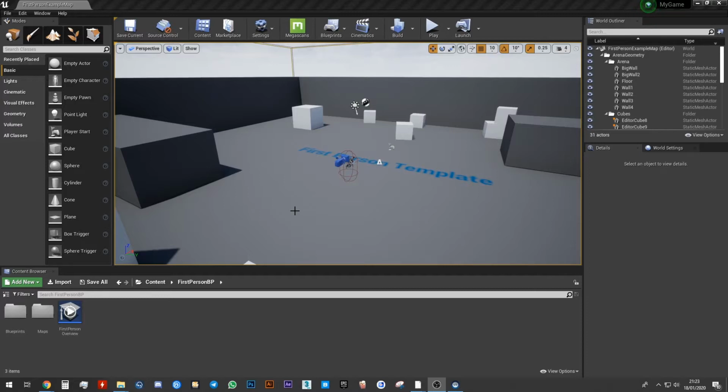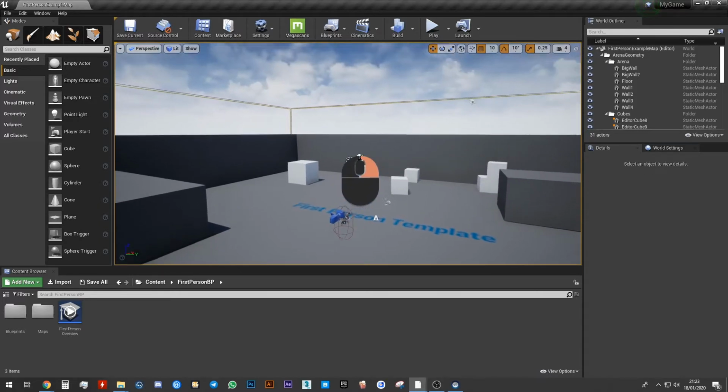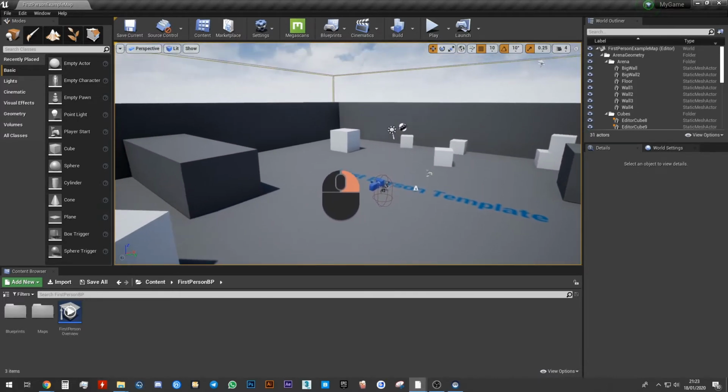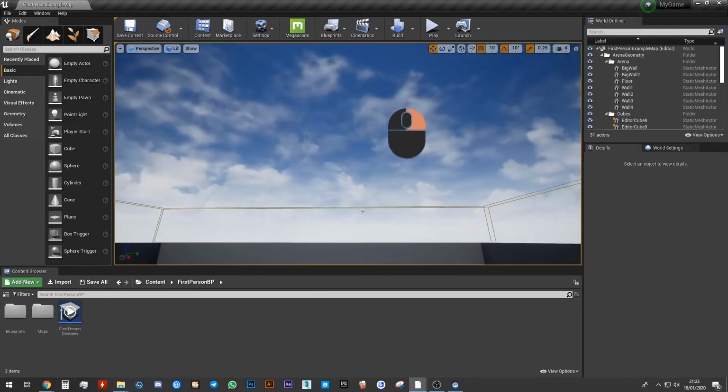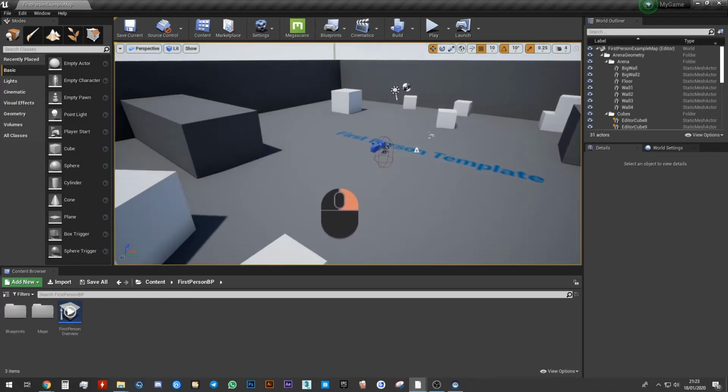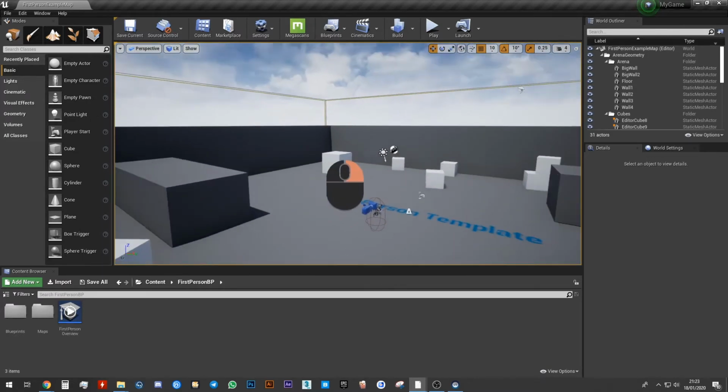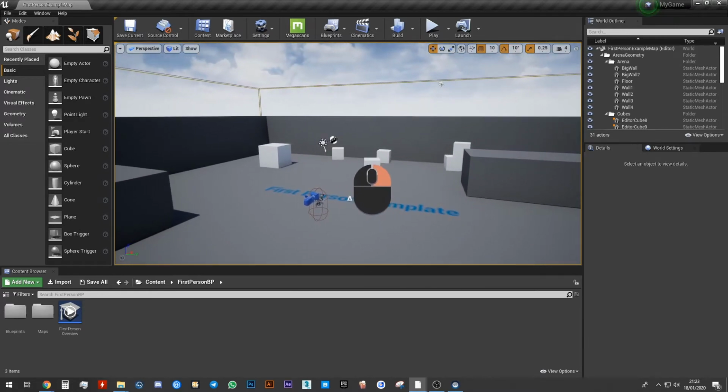One of the most important things to do when you open up Unreal Engine 4 is to be able to find your way around the environment. The best way to do this is by holding down the right mouse button. If you hold down the right mouse button and move your mouse, you'll notice that your camera will also move around with it. You can then look at any direction that you want to go to,